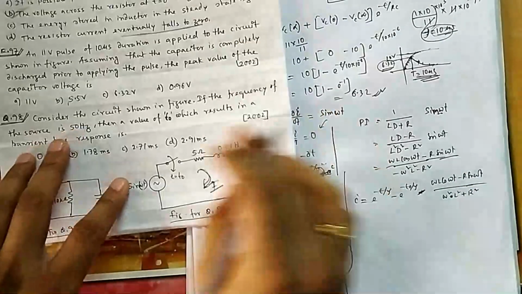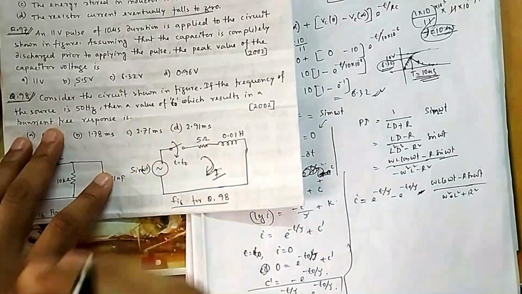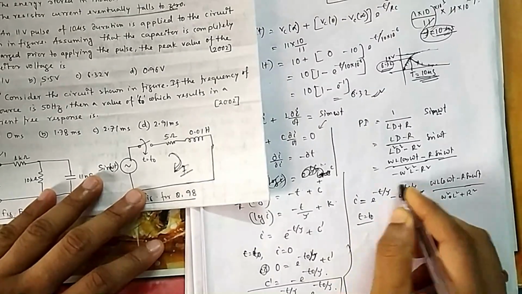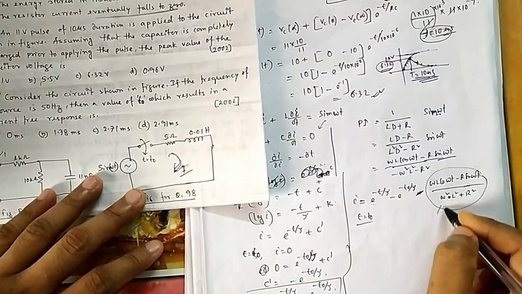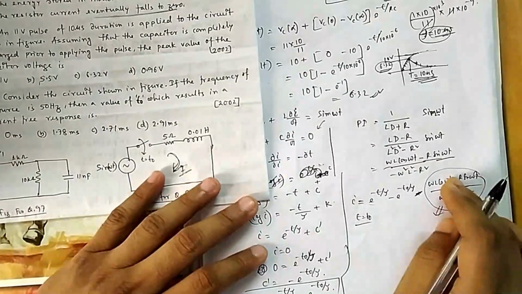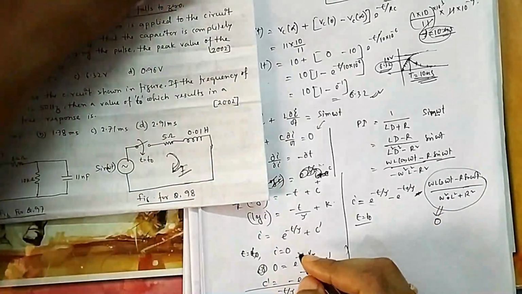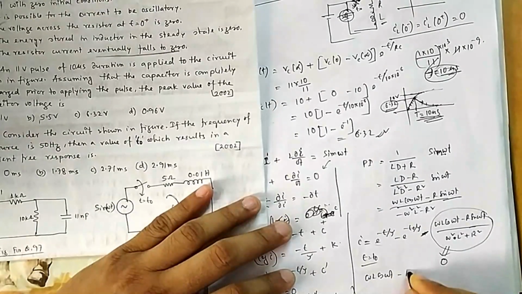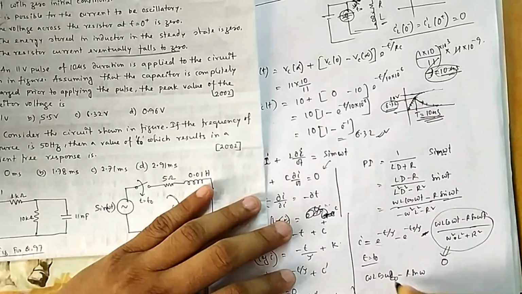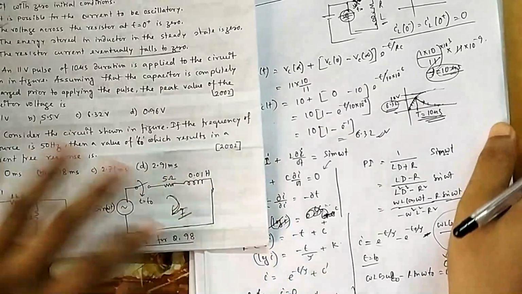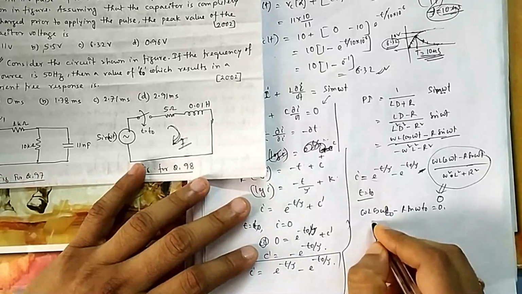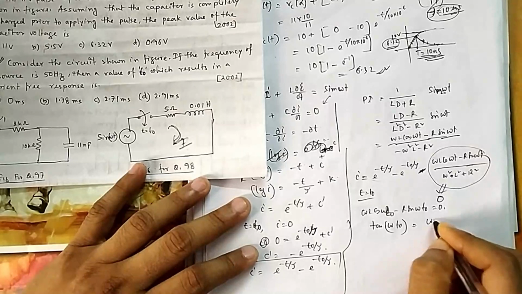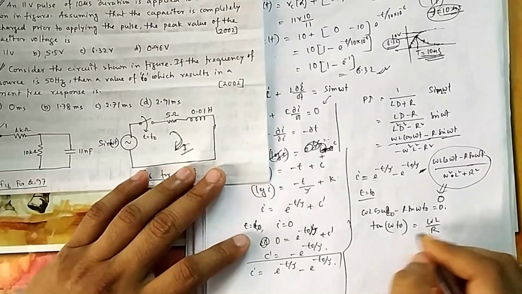Now when you switch on, transient response means there should be no transient at the instant t equal to t0. If you put t equal to t0, this will automatically be 0, so transient will come through this. If you want to make transient phase go away, this one should be equal to 0. So if this is equal to 0, that means your omega L cos omega t minus r sin omega t at t0 should be equal to 0. From here you get sin by cos, that is, tan omega t0 is equal to omega L by r. Now you put all these things, you will find the answer.